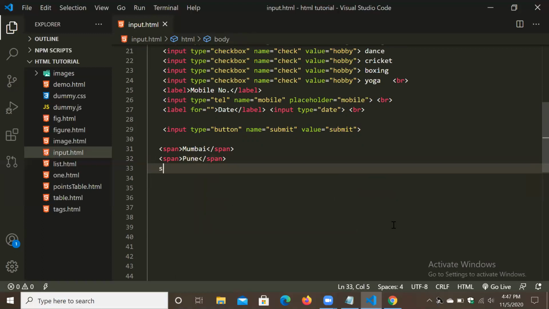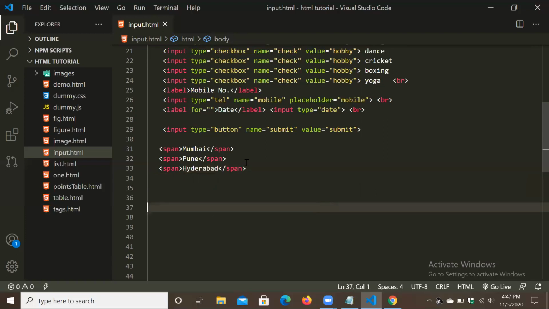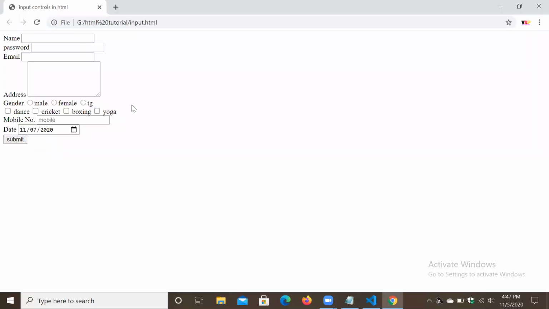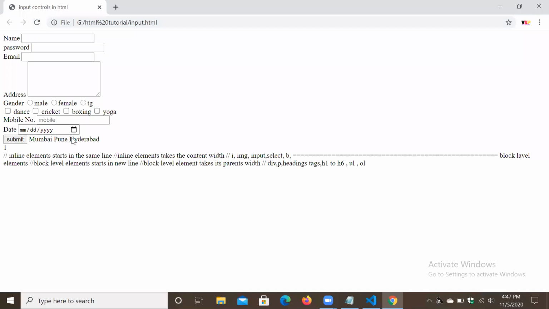The next span I will write Hyderabad. Okay, so what will the output? All these three city names will come in a single line. Look, refresh. What happened? All three names came in a single line now.